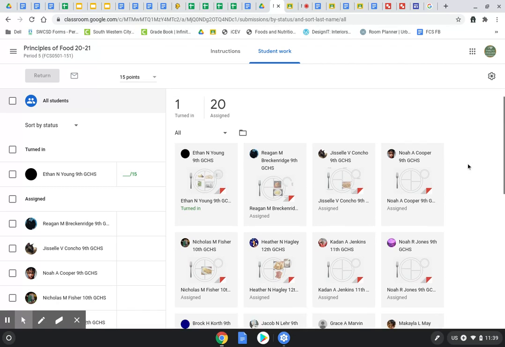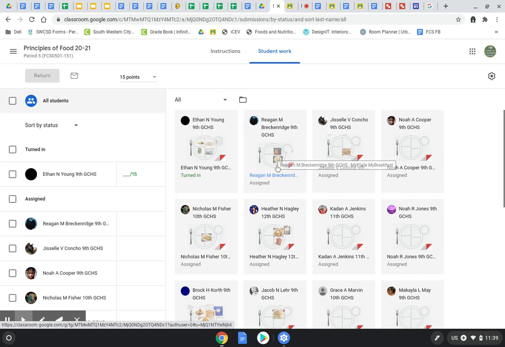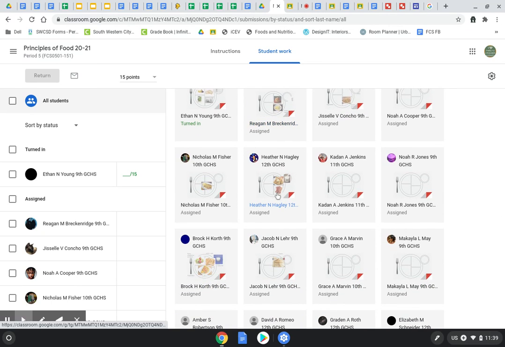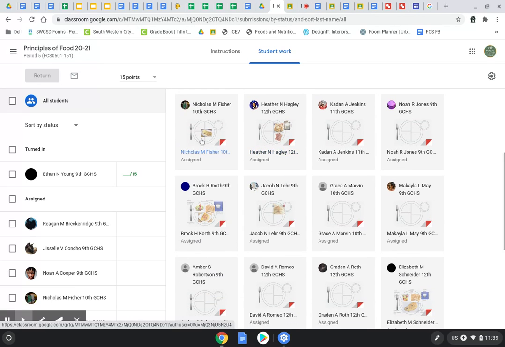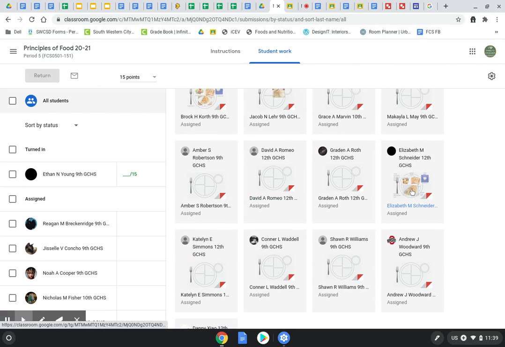Okay. All right, and Giselle's got some, I can't quite tell what this is, but she's got something in her protein group. Reagan, I see some pancakes and eggs, it looks like. Heather's got 3 of hers. She's got French toast, bacon, and milk. And Nick's starting to get his omelet in there. Brock's doing great. You've got all your food groups and you've got your information added for them. Liz has a lot of her information done.